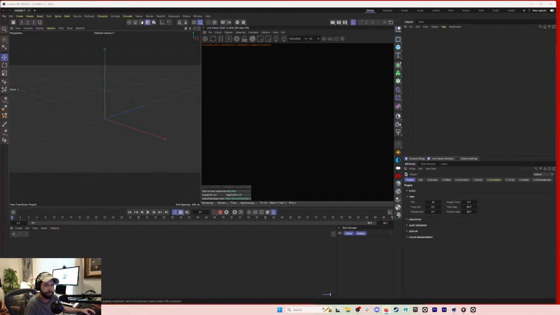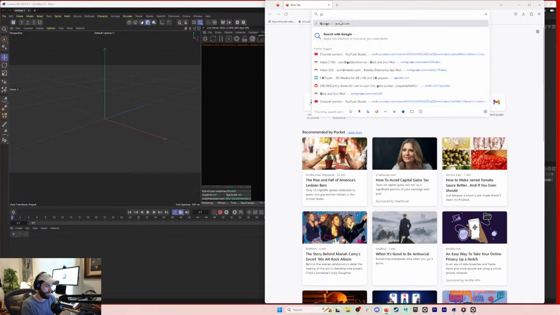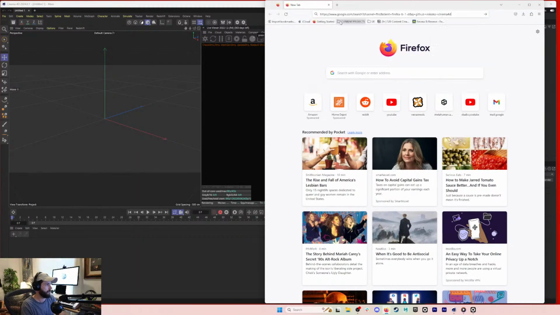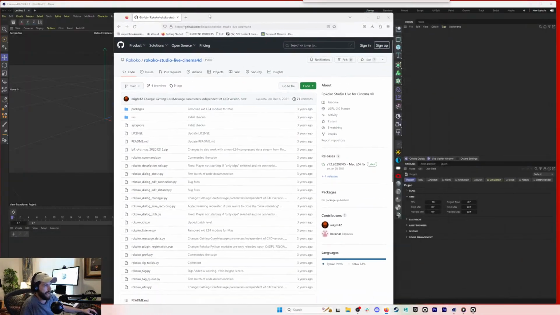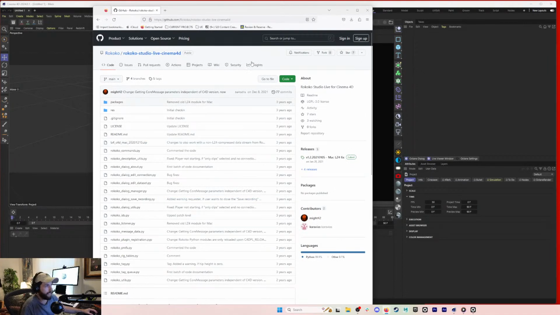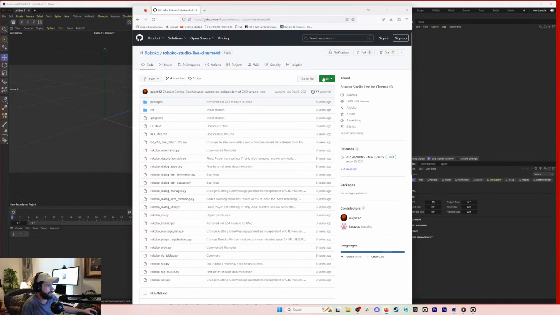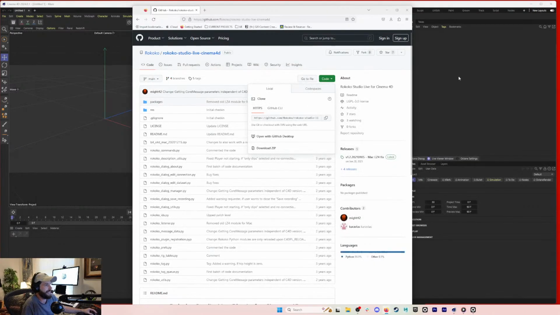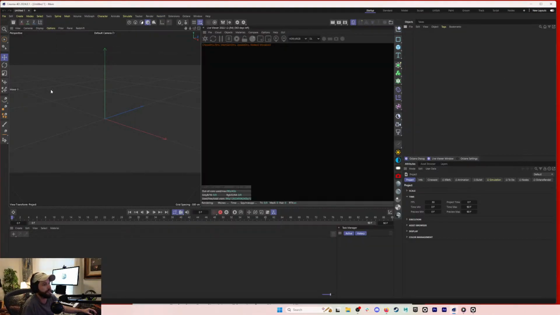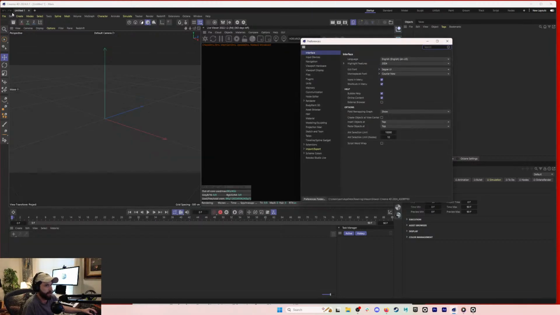But let me open up GitHub Rokoko Cinema4D. Go to our GitHub, and we have this page showing the live streaming plugin. And what you do is you just click on code, download zip. It gives you this zip file right here. And you want to drag this zip file not into, I don't know, it kind of depends with Cinema sometimes, I find. One way to find the plugins folder is you go to Edit Preferences, and then